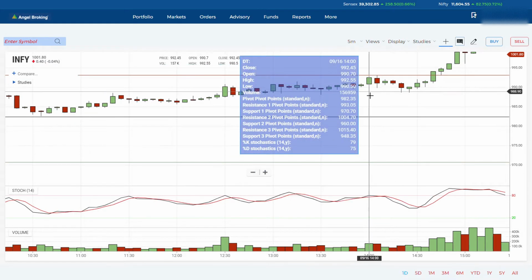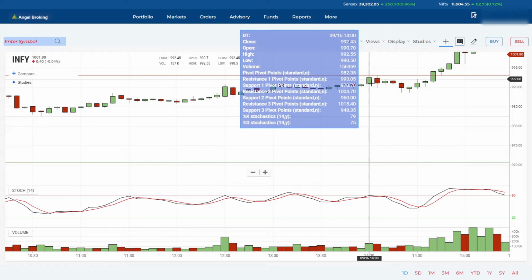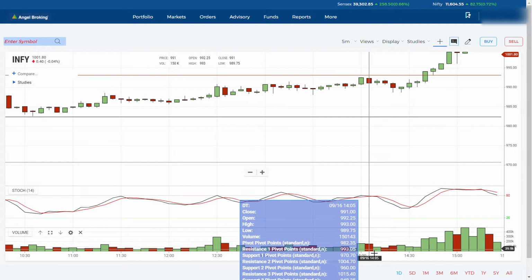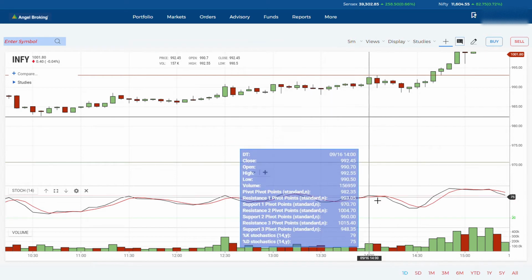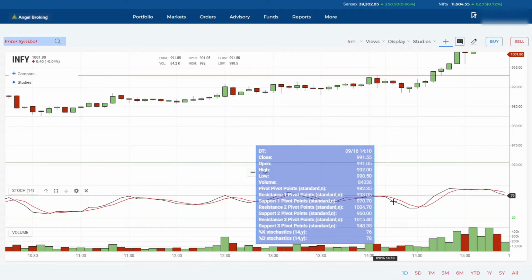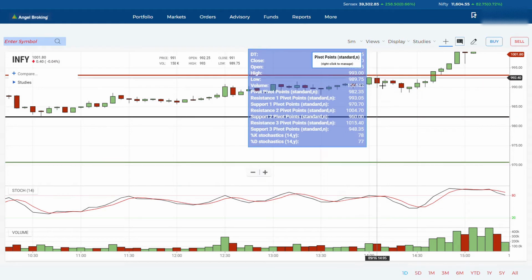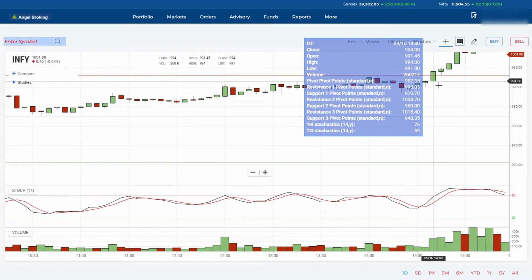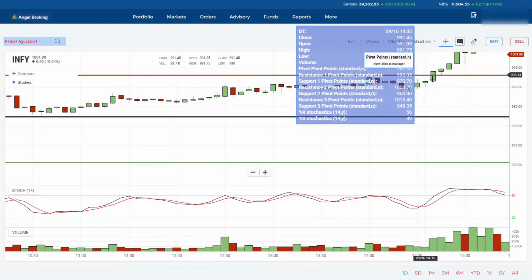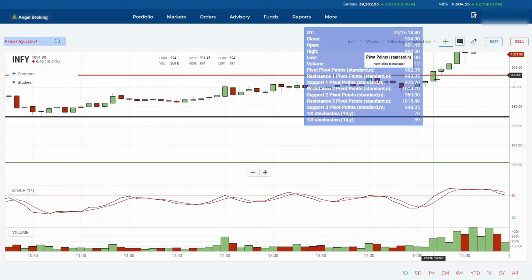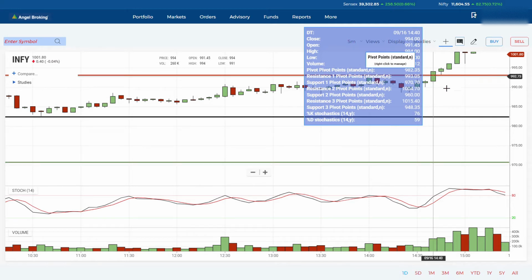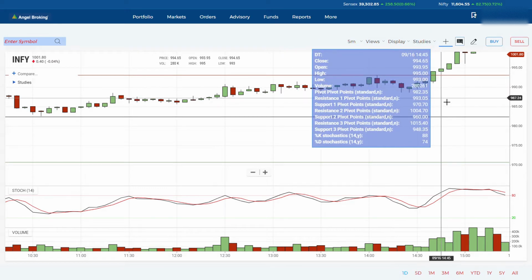If you see here, it reaches near the resistance, and you check the volume. You get a red colored volume here, right? So it gets a rejection, and if you see the stochastics also, it's almost at the top, so there is always a chance of going down. It comes down again, and around 2:30 this particular candle has crossed the resistance level. Our resistance was around 993 and it has crossed above 993, almost near 994. So that is considered a bullish sentiment.